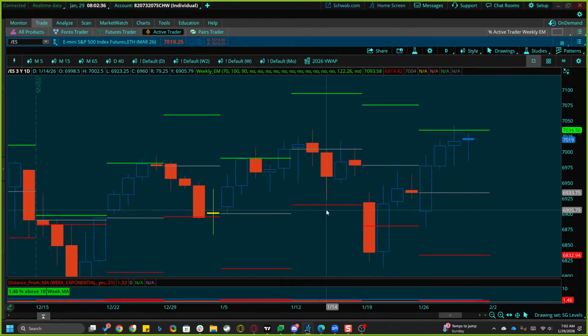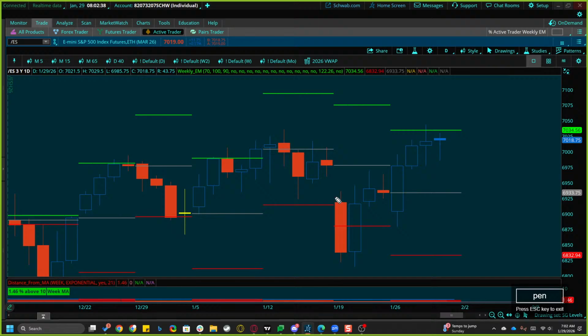All right, there's the weekly expected move edge that we were talking about. We're supposed to close inside this box 70% of the time. And that means a Friday close, right? So we could still get outside the box and come back in. Simple math says 3 out of 10 weeks, right?